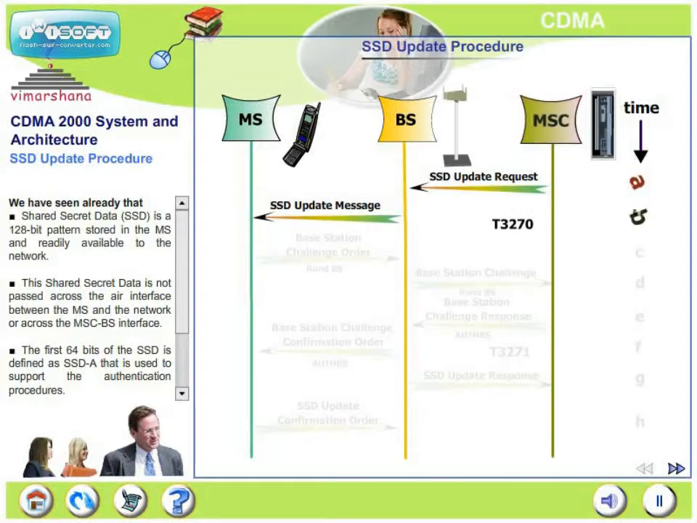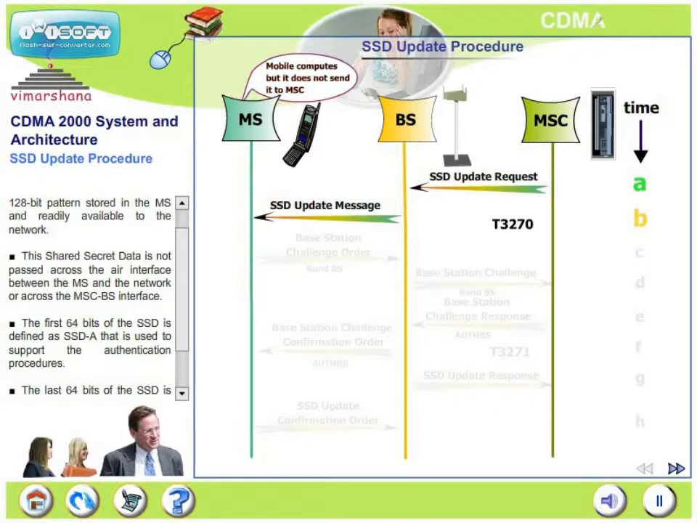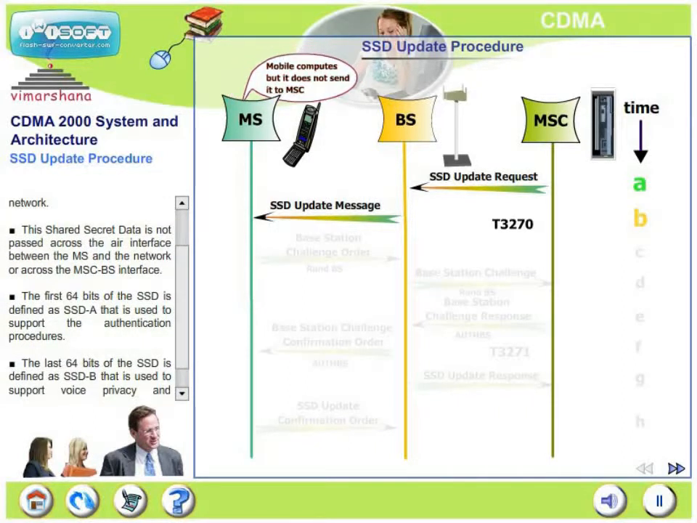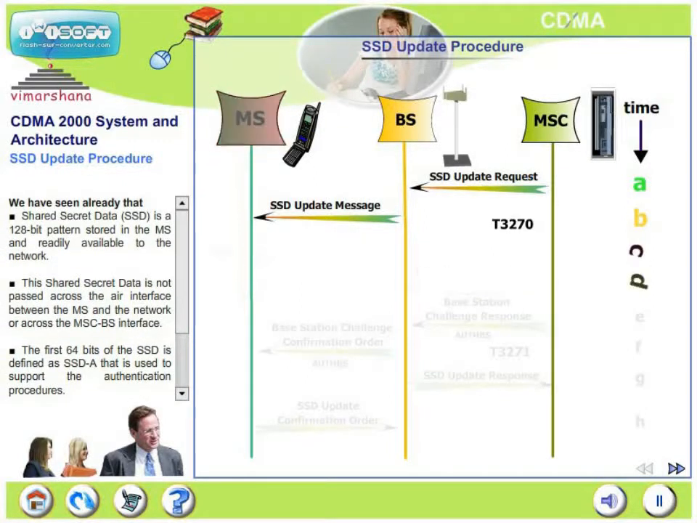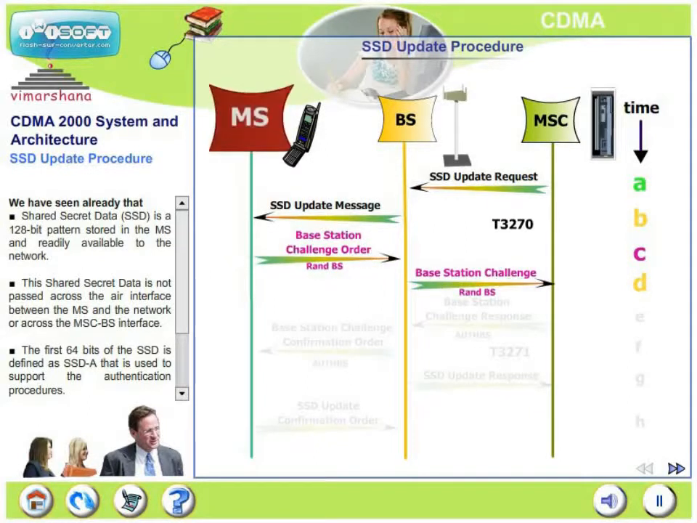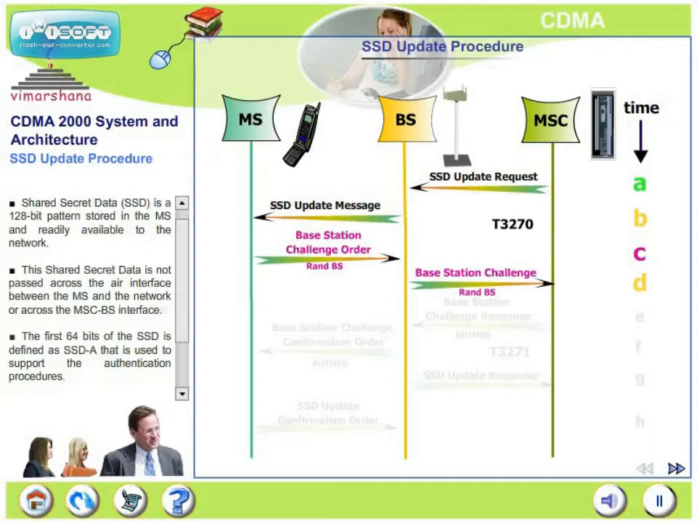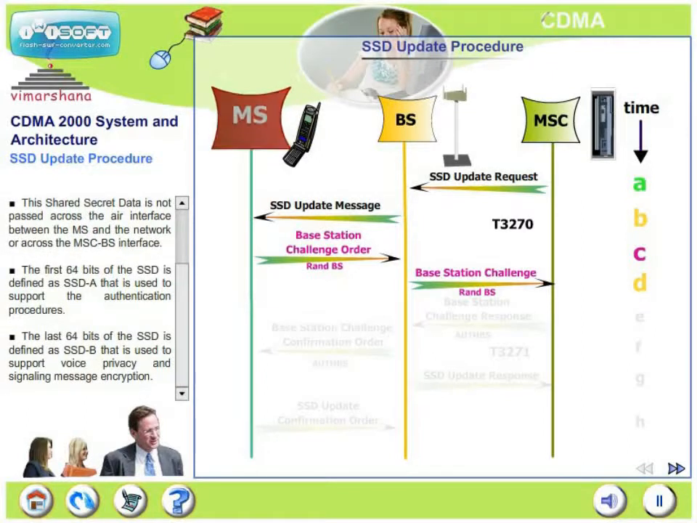Broadly, the principle is MSC initiates an update request to the mobile by sending a random number. The mobile computes the SSD using this fresh random number, but it does not give it back to MSC directly. Instead, mobile sends a random number back to the MSC. The MSC will mix this random number received from the mobile and the SSD it has already computed and sends